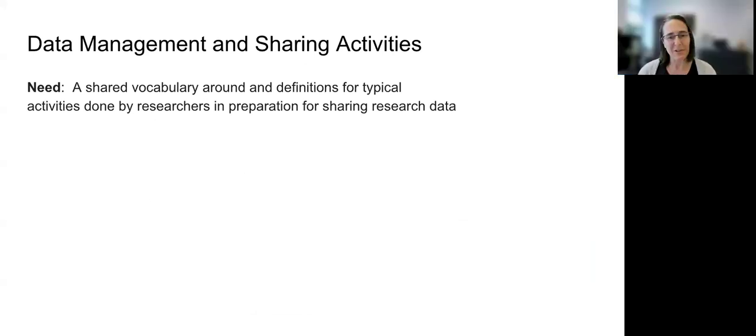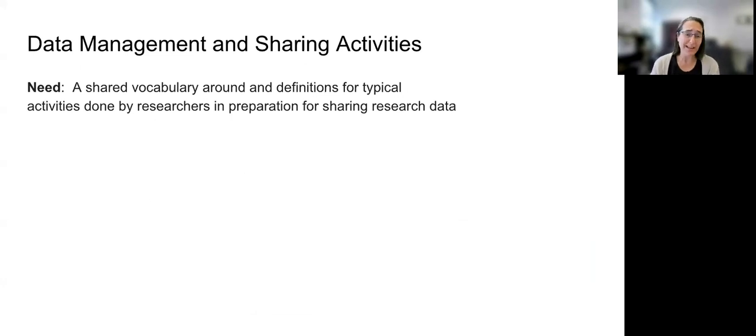Thanks, Shawna. So speaking of budgeting and putting items into line items on budgets, we felt that we really needed to have a place to start that conversation. And in order to do that, we needed to be sure that we had a vocabulary, or we're using words that researchers understood when we talked about the actions that they're taking to create public access science or public access outputs.